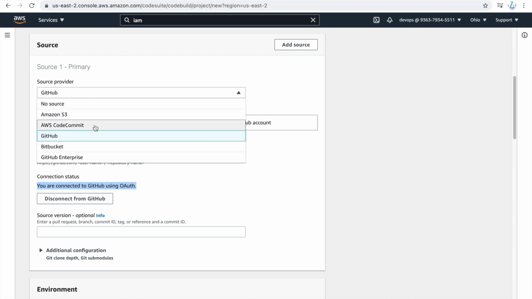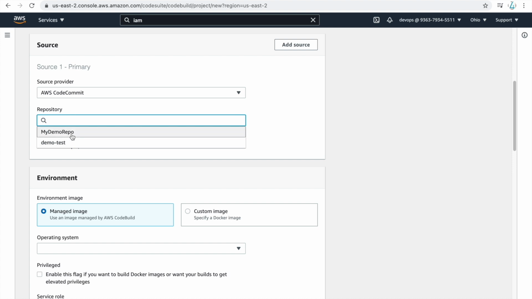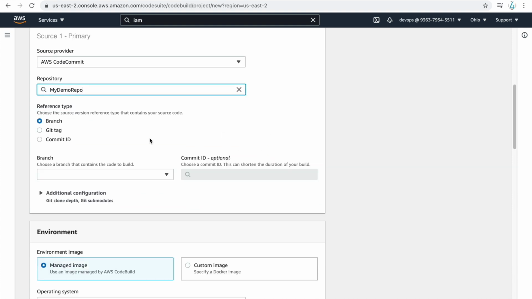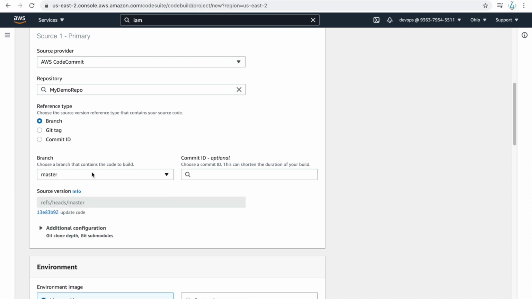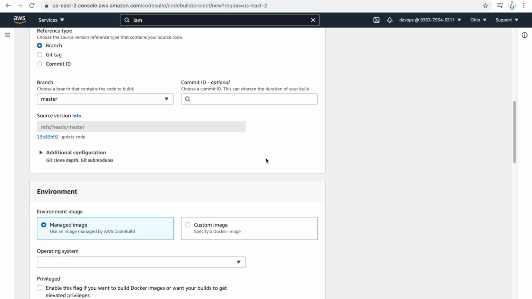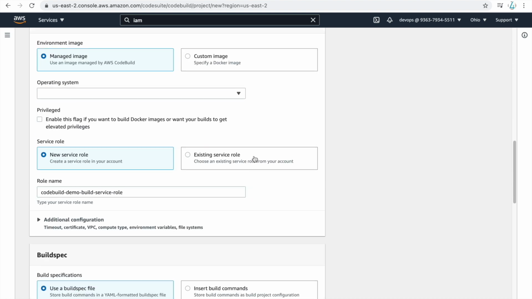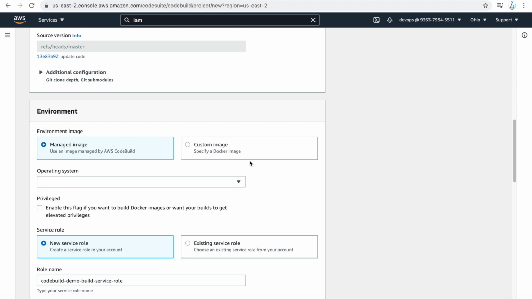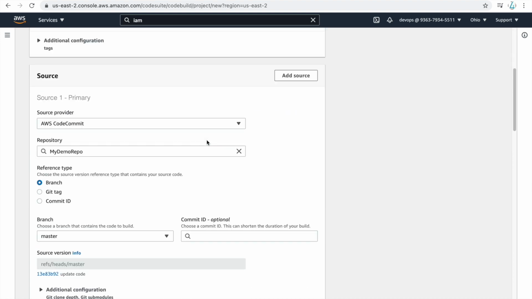Here I'll just use AWS CodeCommit. Okay. And here you can see I have two repositories. In this one, there is nothing, so I can select this one. You can define your branch also. Right now there is only one branch, so I am seeing only one branch here. Okay. There are additional configurations also, if you want, you can do that. And now, what you are actually doing is configuring some build agents to run your code, right? So this is the project configuration you did.